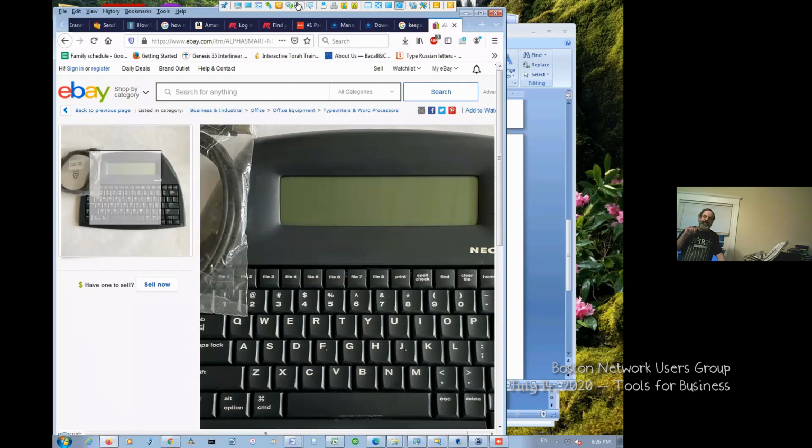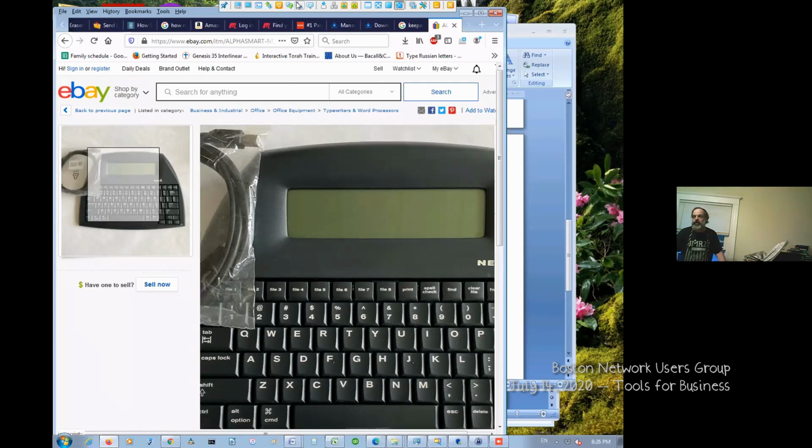You push a button and it's instant on. You type, you turn it off. You push a button again and do some more typing. So for that 5 minutes you have in the subway, you can get some writing done, or the 5 minutes while you're waiting for a computer to reboot. It has 8 files. You'll see at the top of this picture,